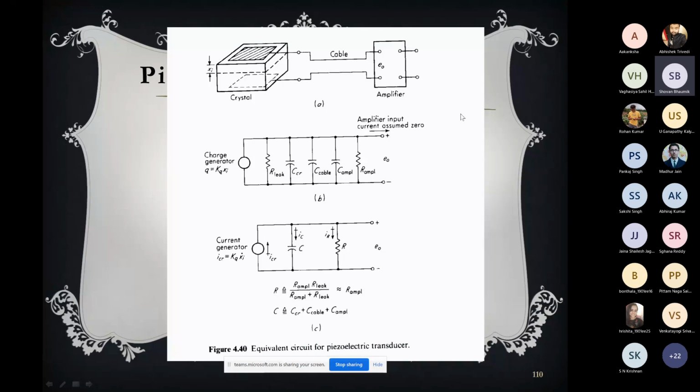Now, we need to go to more practical situations where this can be used as a transducer. When you use it as a transducer, we have a crystal and a compliant electrode, and two ports coming out of these two compliant electrodes, then a cable and an amplifier. We get the output from the amplifier, because the output voltage is very small and you cannot measure it really, so you apply an amplifier, and from the amplifier you get some output that you can measure. So this is the full construction.